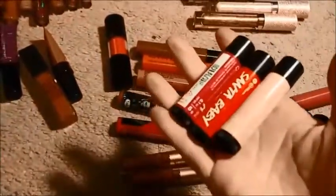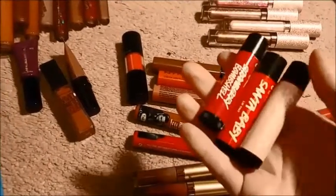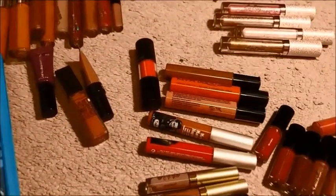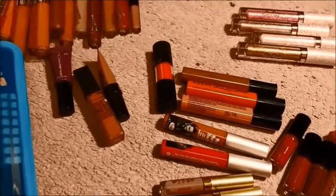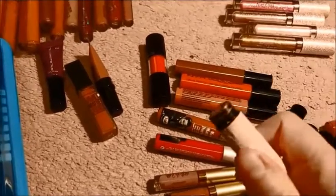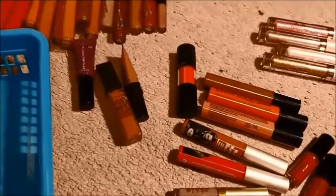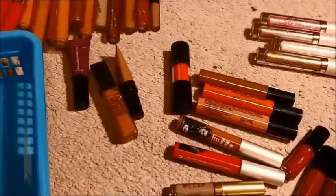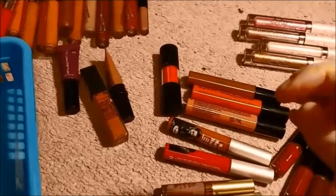I'm going to keep these. Do I want to keep these Lush lip balms? Let me just smell them. Oh, they look like they're not the greatest anymore, if I'm completely honest. That one looks like it's gone off. That one looks okay, but I can't see myself wearing the red. And the pink looks like it's gone